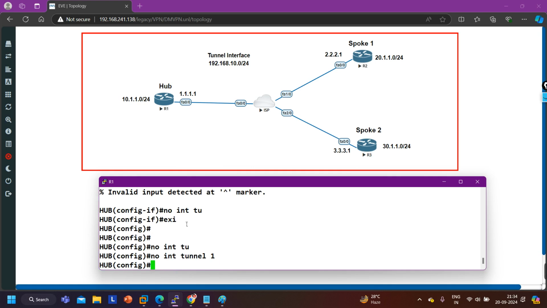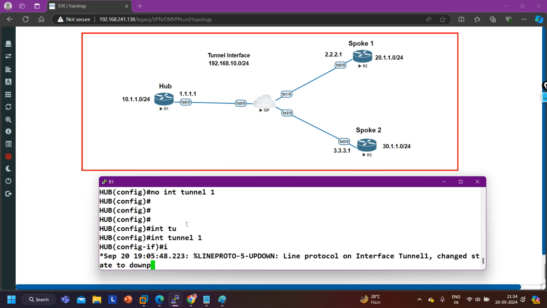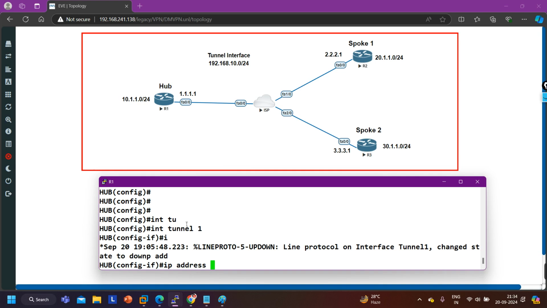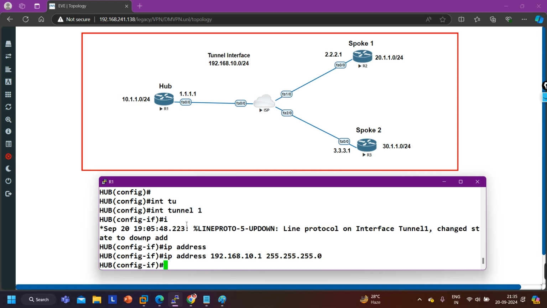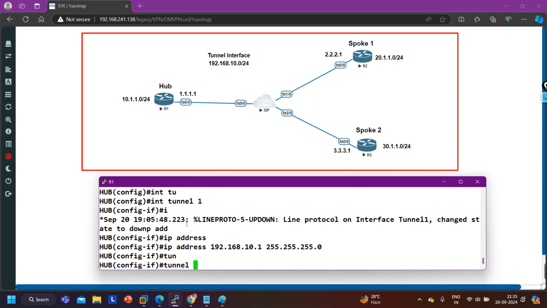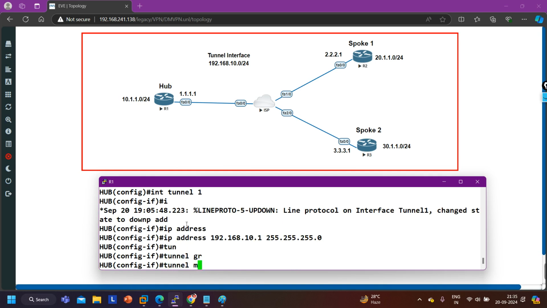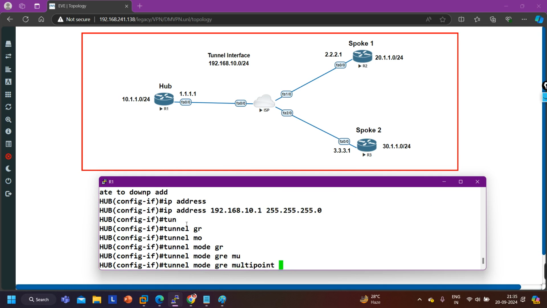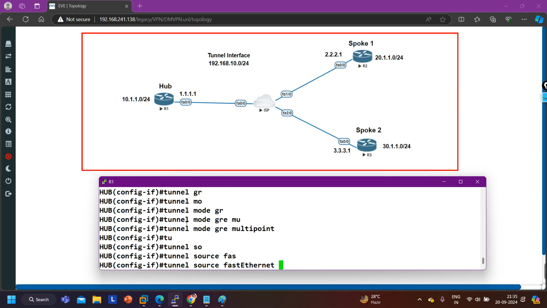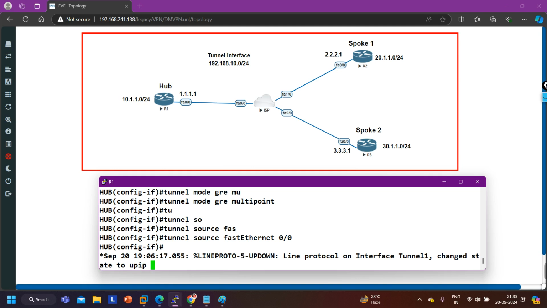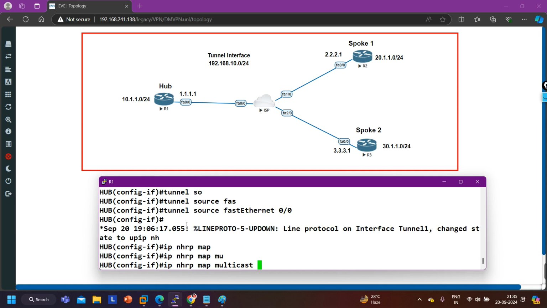No interface tunnel 1, and then interface tunnel 1, IP address 192.168.10.1, then tunnel mode GRE multipoint, tunnel source FastEthernet 0/0, then IP NHRP map